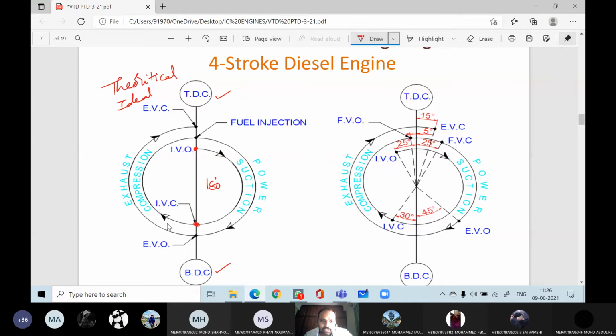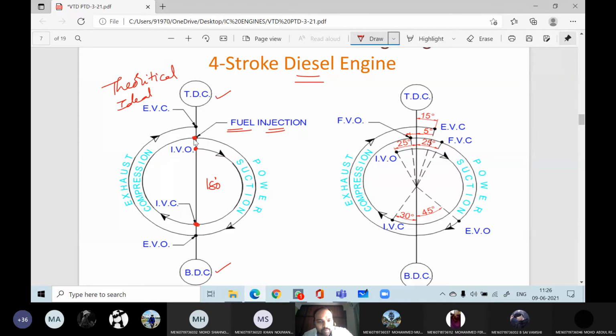Now the piston is at the bottom dead center and is moving towards the top dead center. At this point the inlet valve is closed and the exhaust valve is also in closed position. Therefore, whatever charge was admitted into the engine cylinder during the suction stroke will be compressed, and it will continue till TDC. According to theory, it is a diesel engine, so air is admitted during the suction stroke, and now with the help of the fuel injector, we are spraying the diesel into the engine cylinder at the top dead center. According to theory, I am detailing.